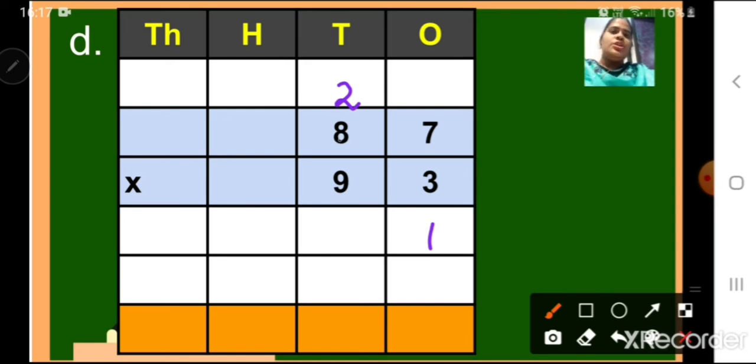3 eights are 24. Is there any number for carry over? Yes, it is there. Number 2. 24 plus 2 is 25, 26. So write number 26 directly. Okay, no need of carry over because at hundreds place there is no other number. You can directly write the numbers. Now children, now the first digit we have done multiplication, correct? We are moving towards the number at tens place.